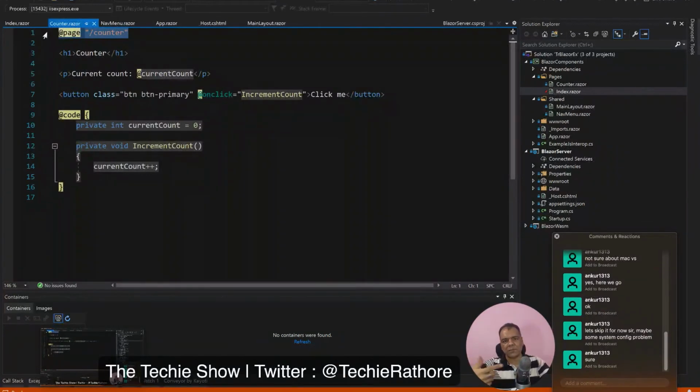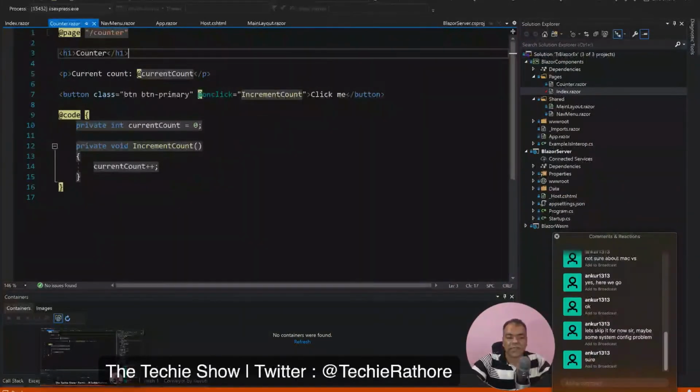If we don't give this page directive, we won't be able to use it as a route. Of course we can use it by the file name, by the control name, but we can't use it as a route. Every page in itself is a component. When we give this page directive, we can separately call this as a separate page, but if we don't give it, we can still utilize this as a component. So that is the difference.